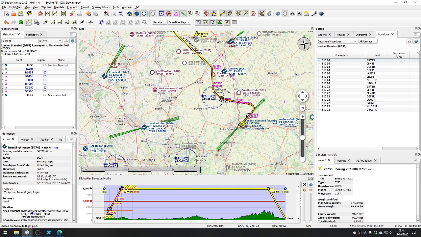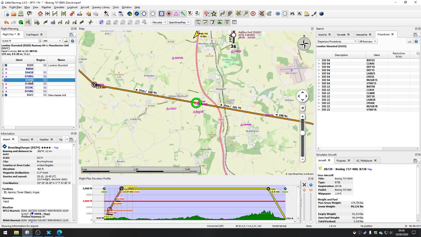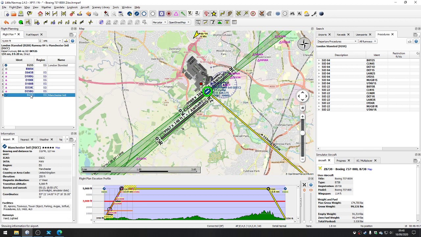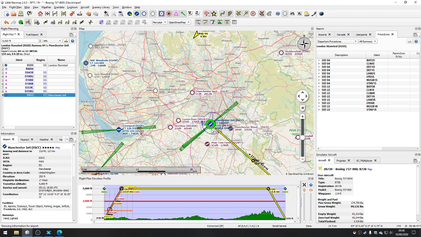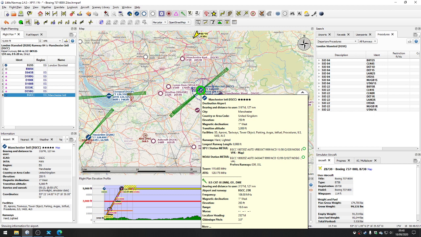To get to Manchester, rather than dragging around the map, we can just double click on it on the flight plan. We can do that with any of these points. So if I double click on any of these waypoints, we get to see them. So if I double click on Manchester, that's where we're going to end up. So if we zoom out slightly,